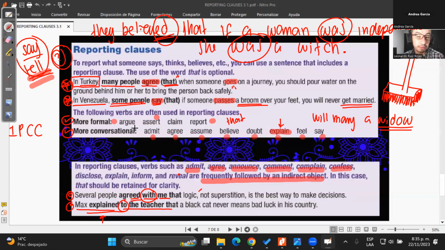Exactly. So you could say, for example, if it's something that they continuously said, that the IPCC asserts every day, or in the present, that humanity will last for 200 years, no more. Or if it's something that they specifically said in one seminar, or in one presentation, or in one conversation, then I would use it in the past.